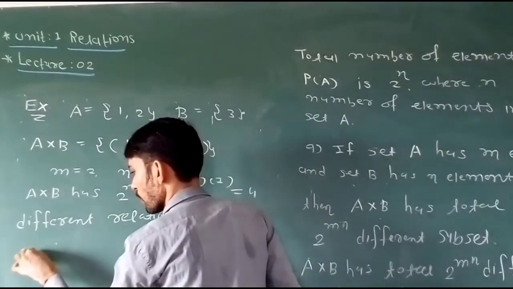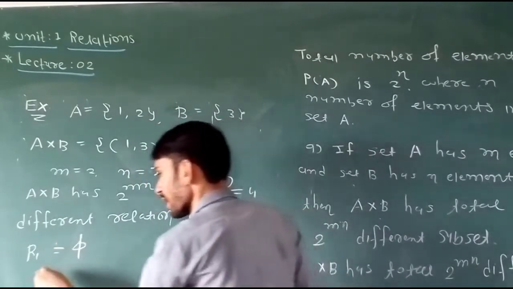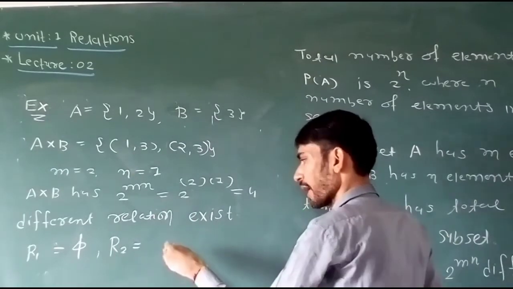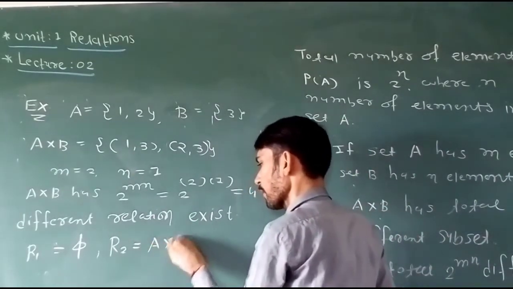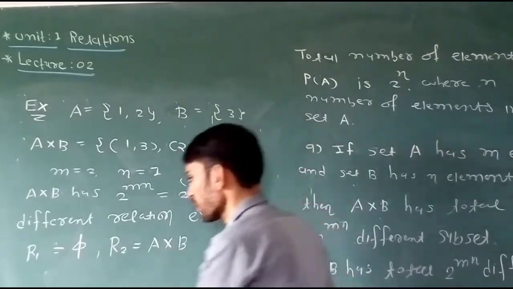First relation R1 is the empty set. Second relation R2 is equal to the set itself, A cross B, as we already know. This is the void relation and this is the universal relation. Third relation is